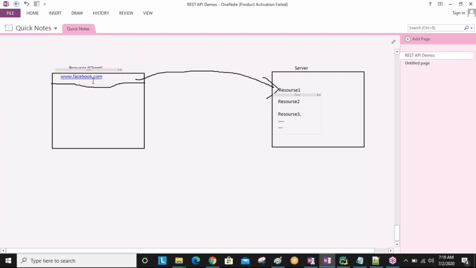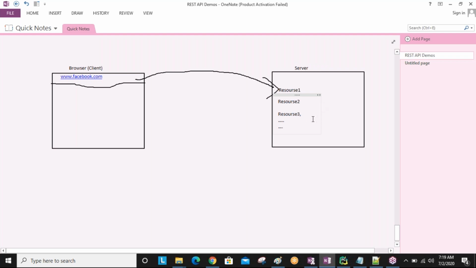When you are sending www.facebook.com, your request comes to the server side, and inside the server it verifies that request. Resource 1 is Facebook related, resource 2 is YouTube related, resource 3 is Gmail related.